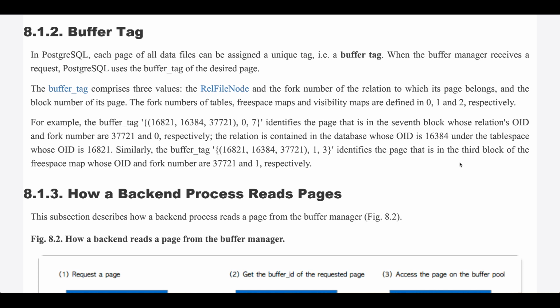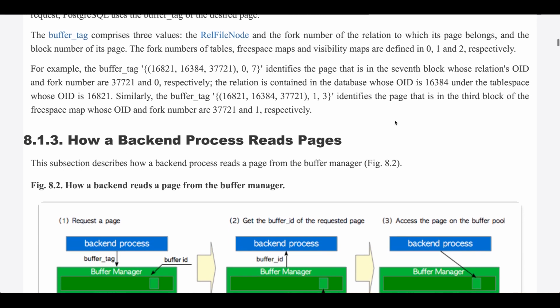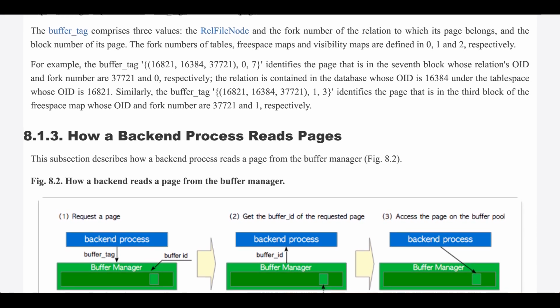The buffer tag comprises three values: the rel file node and the fork number of the relation to which its page belongs, and the block number of its page. The fork numbers of tables, free space maps, and visibility maps are defined as 0, 1, and 2, respectively. For example, the buffer tag